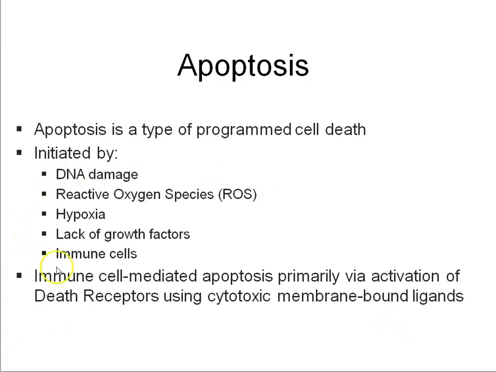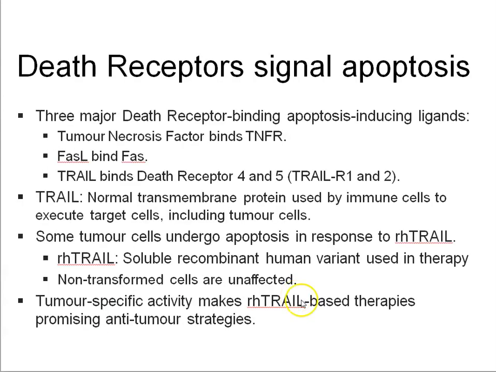So apoptosis is initiated by DNA damage. Any sorts of cell stress can induce apoptosis. Immune cells certainly can, and immune cells in part initiate apoptosis by activation of death receptors using cytotoxic membrane-bound ligands, things like TRAIL, Fas ligand, and we're going to cover how that pathway is normally regulated and how it can be activated pharmacologically. So the main ligands that we're interested in that drive death receptor mediated apoptosis are tumor necrosis